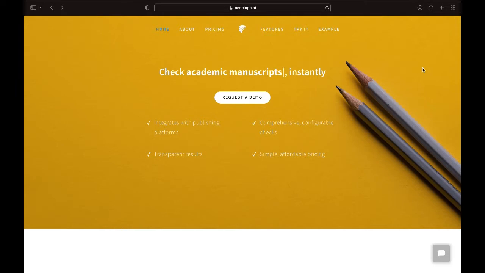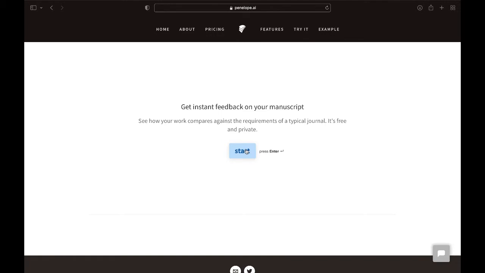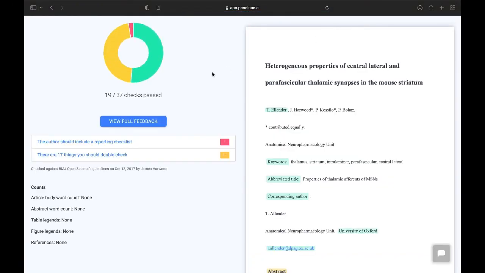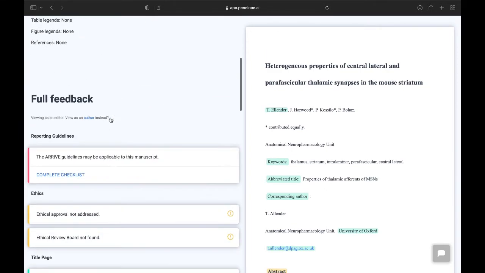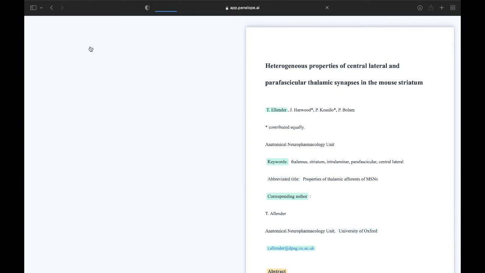This homepage will open. This platform is basically designed for journal publishers, but we as researchers can also benefit from it. We can submit our manuscript for technical checks. For that, you need to upload the manuscript and answer some questions, and you will get an email with a password to check feedback. On their website they have shown an example of the feedback, right? So you can see this manuscript was automatically checked, and this is feedback for the editor. There can be feedback for the author as well. If we submit, we get the feedback, right? Here you can see you are viewing as an editor. I will click on author instead, and